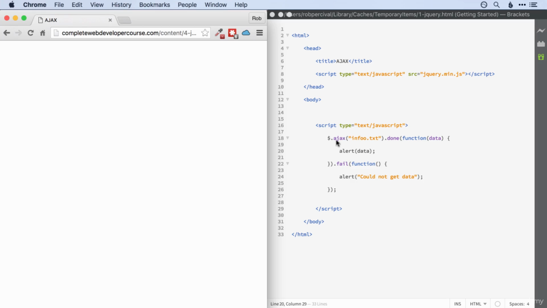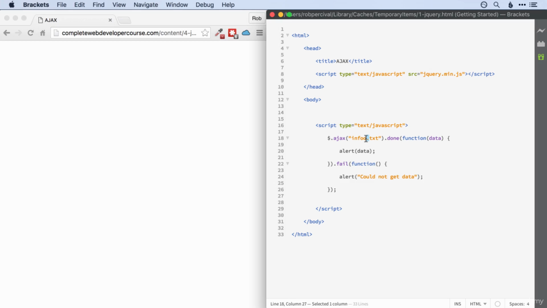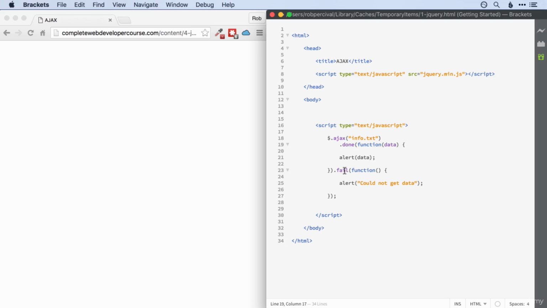So if we'd used the get command here and misspelled the file name, or the user's internet connection had gone down, then just nothing would happen. Whereas here we can let the user know that nothing's happened and ask them to send it again later or do whatever it is we want to do. So that's the big advantage of AJAX. There are lots of other settings that give you extra power and control as well. If you want to check some of them out, then just Google jQuery AJAX and you'll get lots of information on this command. But this is all that we need for now. So I'm just going to tidy this up slightly. I'm going to put these on new lines so it's a little bit clearer